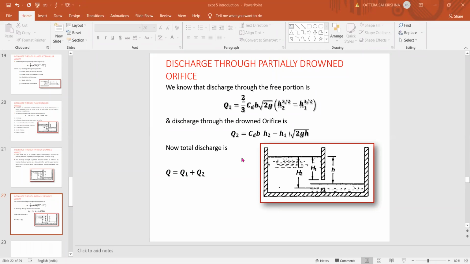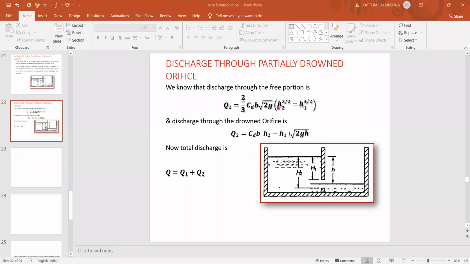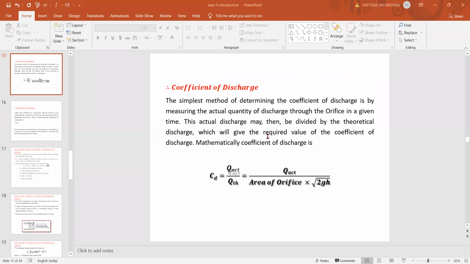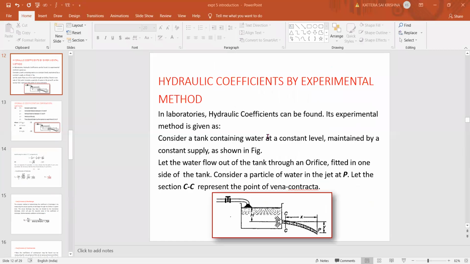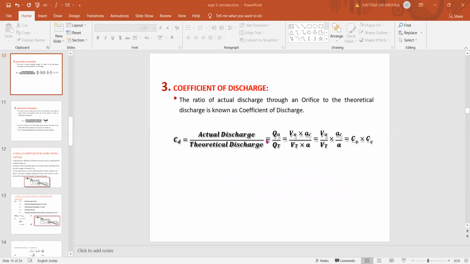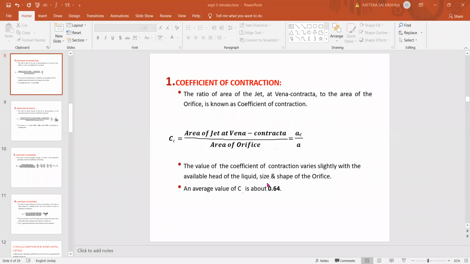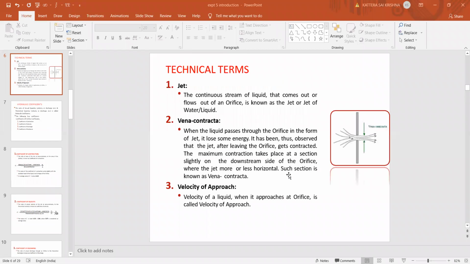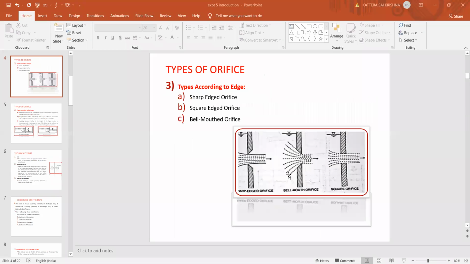These are all not required actually, but just for showing, I have shown you all these things. If it is of rectangular shape, these will be the equations for calculating the discharge, which is very difficult to calculate. That's why mostly we calculate the discharges in tanks by using a circular orifice only. The circular orifice makes the calculation easy, because everywhere we are going to find only the discharge of the tank or of the fluid flowing in the pipe. So it is better to use a circular orifice, which makes our calculation easy and saves time. So this is something about your orifice.